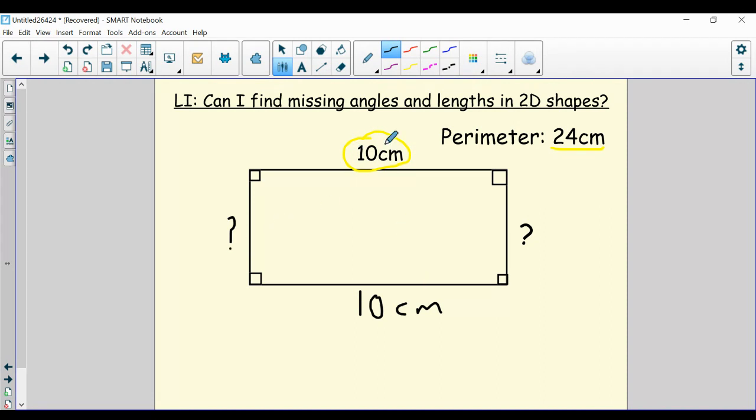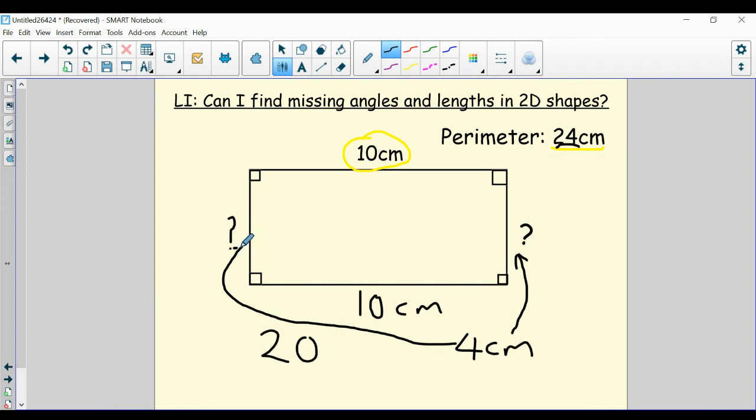Okay, let's add the total sides that I know. So 10 and 10, 20. So I know 20 is created by these 2 parallel lines, and I know my total needs to be 24. So think about what's the difference between 20 and 24, and the difference is 4 centimeters, and that needs to be divided between this side. It needs to be shared equally